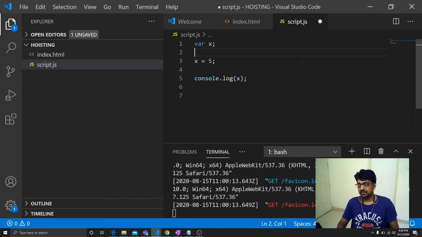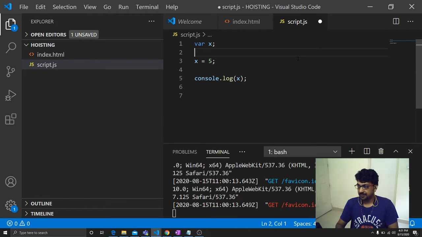This is how the JavaScript engine sees this file when it encounters it. So this is some way of fixing our mistake itself. We have made this mistake of using this variable before it has been declared. This flexibility that JavaScript gives is called hoisting.